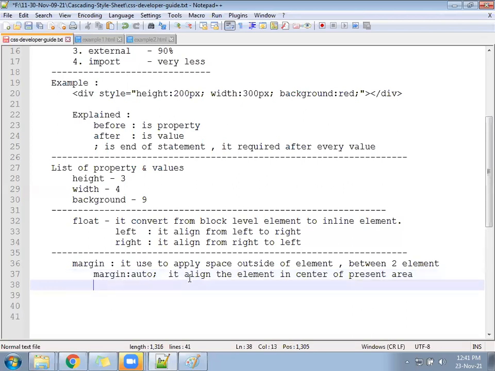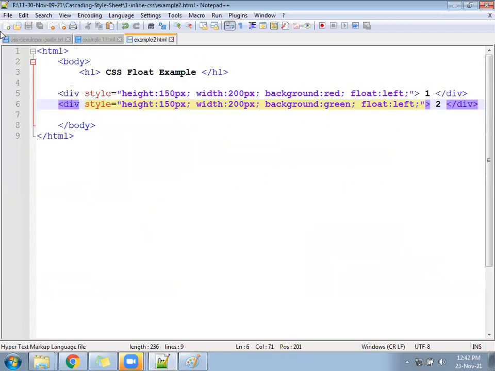We'll create one example. Create the next file, example 3.html. Come to the example 3.html file.